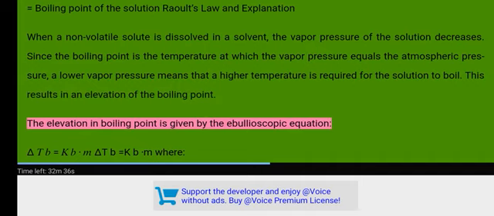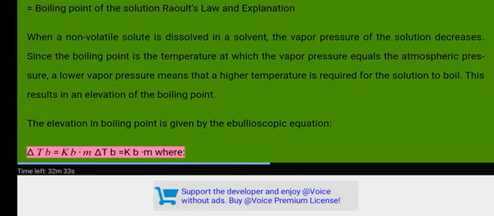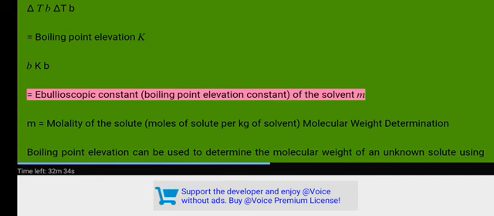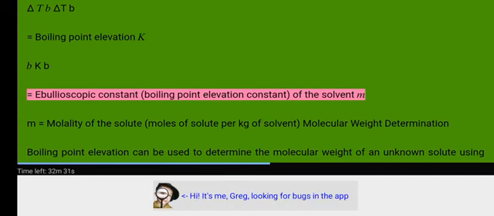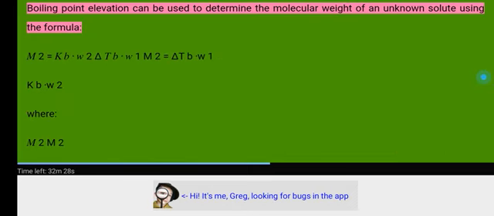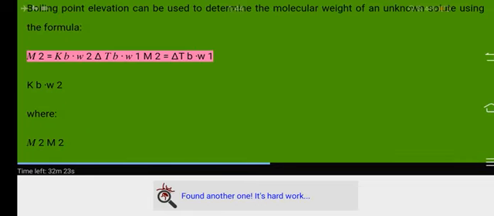The elevation in boiling point is given by the ebullioscopic equation: ΔTb = Kb · m, where ΔTb is the boiling point elevation, Kb is the ebullioscopic constant (boiling point elevation constant) of the solvent, and m is the molality of the solute, moles of solute per kilogram of solvent. Molecular weight determination. Boiling point elevation can be used to determine the molecular weight of an unknown solute using the formula M2 = Kb ·